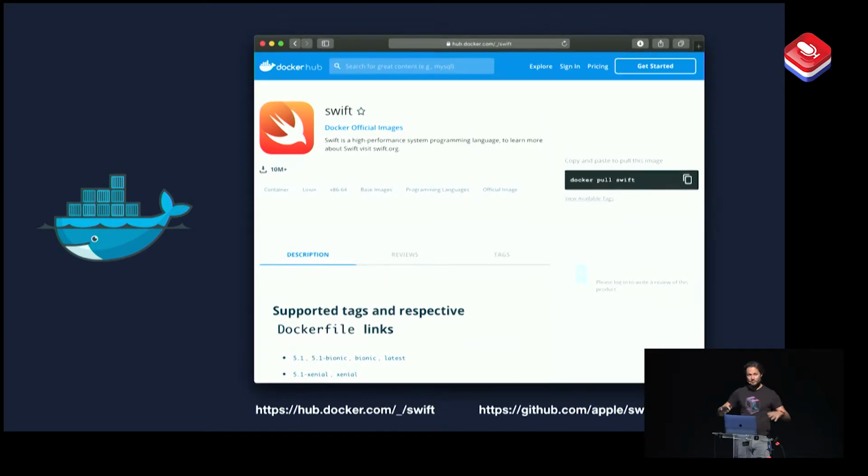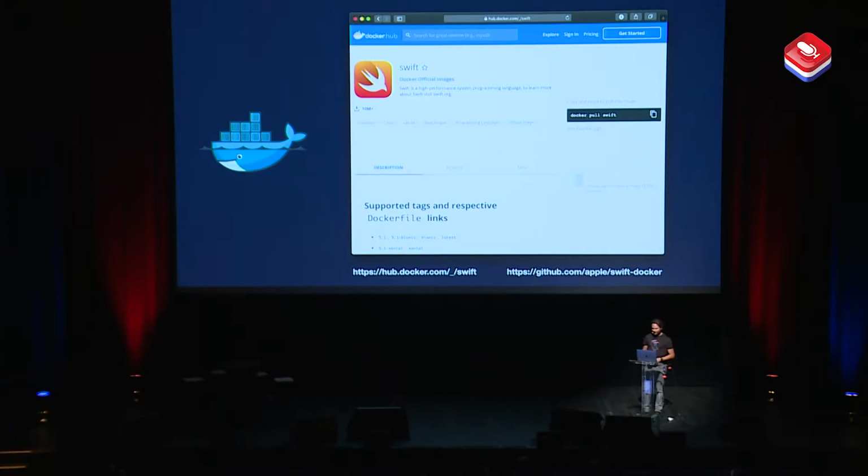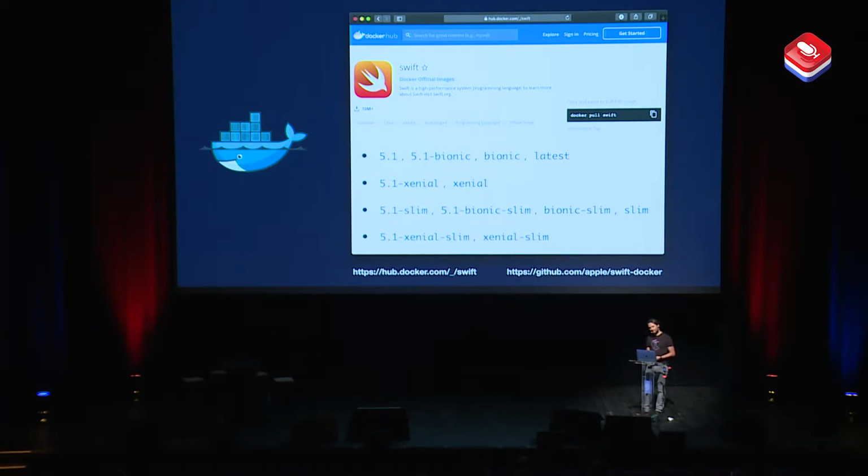Docker Hub is like the official repo for Docker images. And Apple created a repo to contribute on the image evolution, so it's open source, it's on GitHub, you can contribute to that. And for example, all the Swift 5.1 images have been made available the same day that Xcode 11 was released. So it's really good stuff.